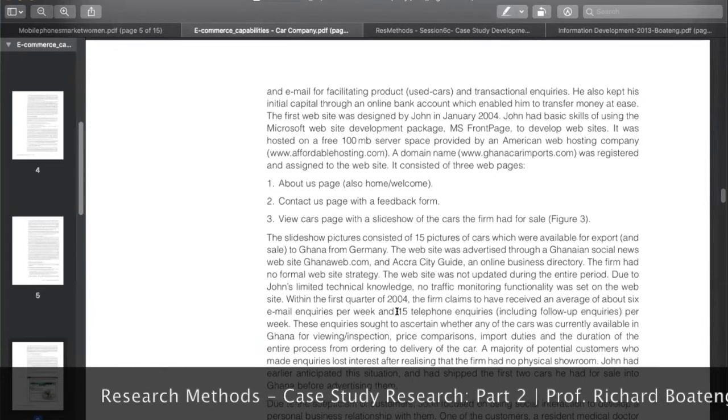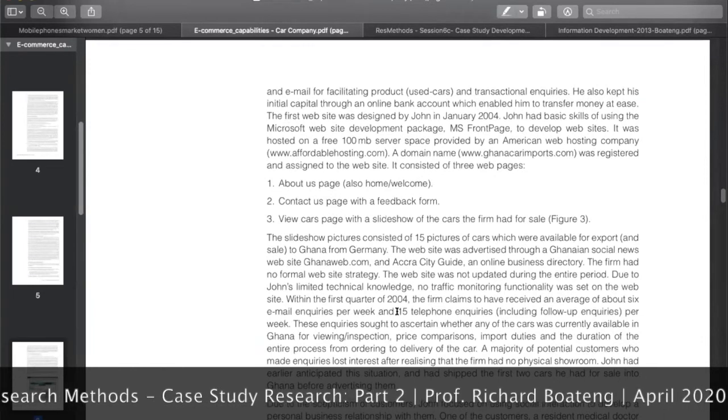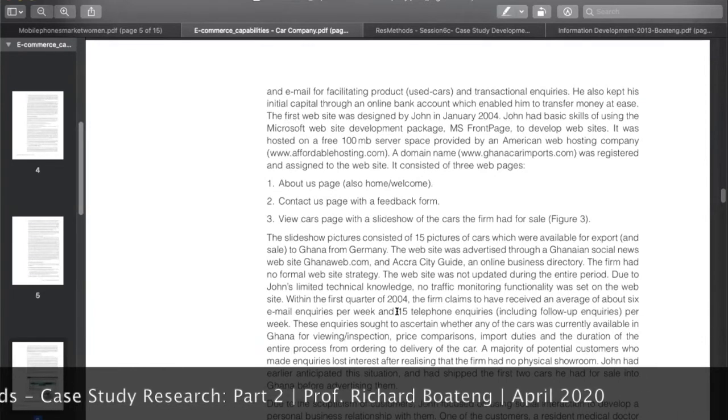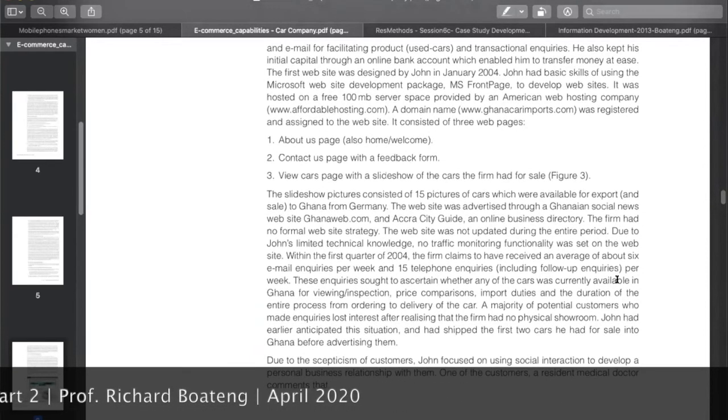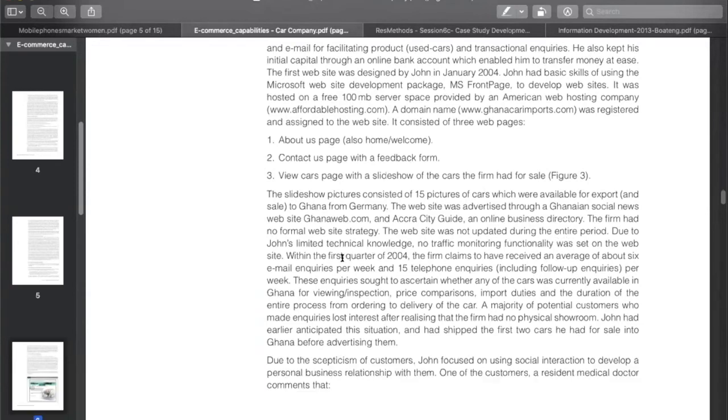And then it tells you what he did and the reasons behind what he did. Then it goes out to some causal argument. Due to John's limited technical knowledge, no traffic monitoring functionality was set up on the website. Within the first quarter, the firm claims